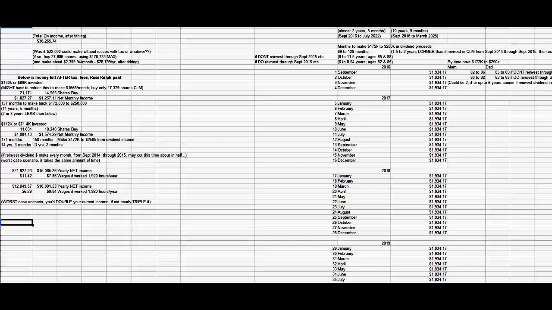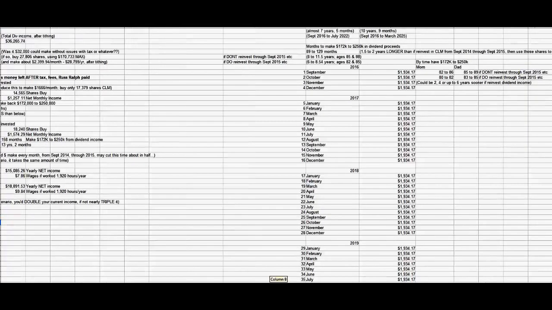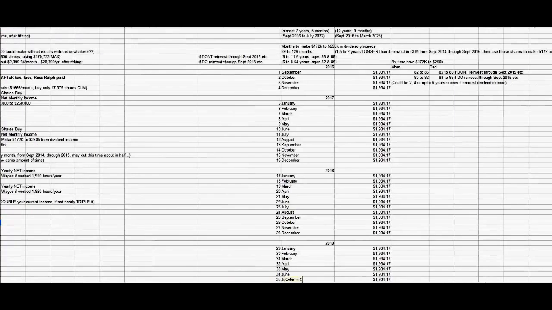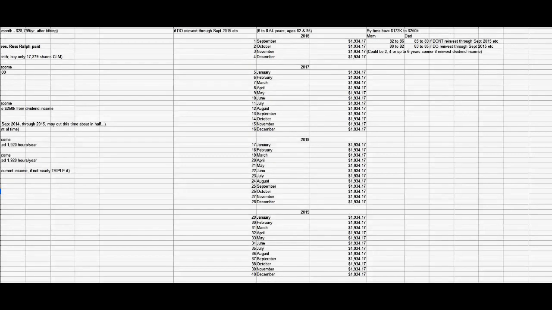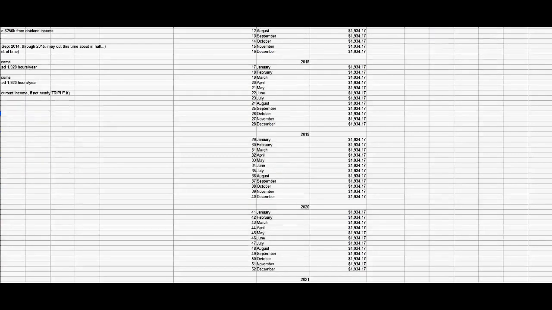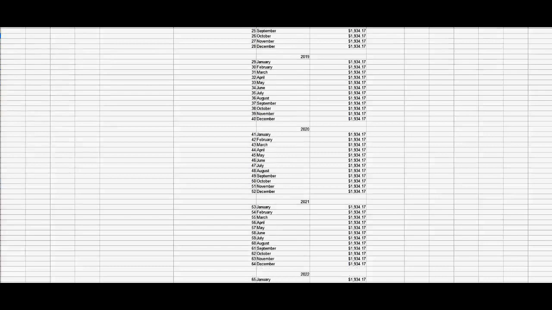So you have some of the scenario here for what you have every month if you have investments and so forth. Then you go through and you say, okay, well, you start out, say, September of that year, and you have $1,934.17 per month for the next few years. In this case, it's probably somewhere around the next 5 to 10 years.